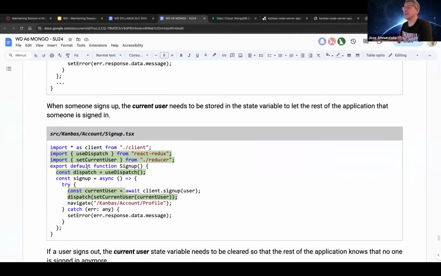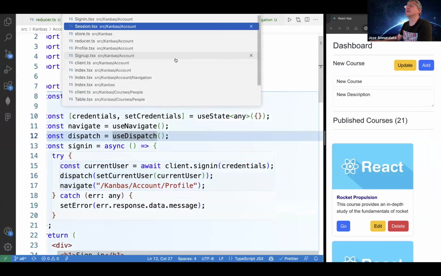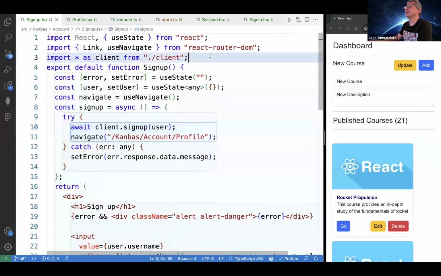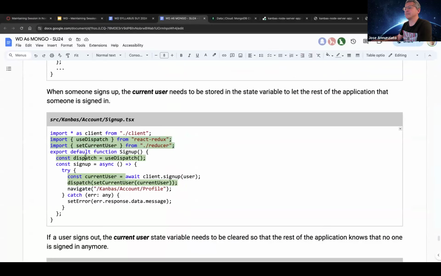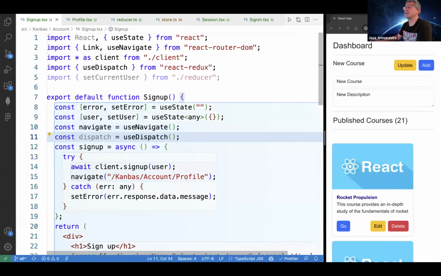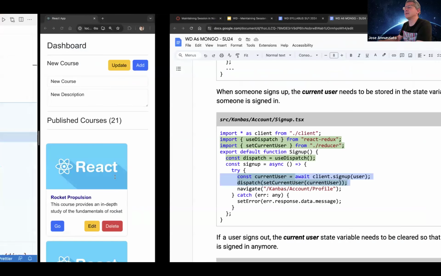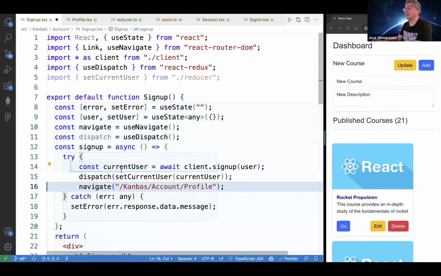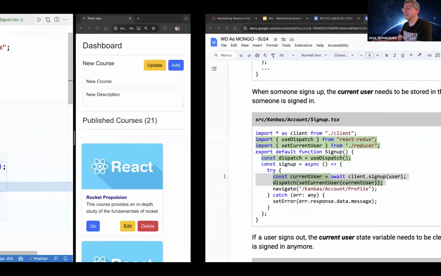Also, when I sign up, same thing. I'm going to get a copy of the user when I sign up. So I have the dispatch here, and then once I get a user from the server, I'm going to store it, and then I'm going to navigate. And finally, when I log out,